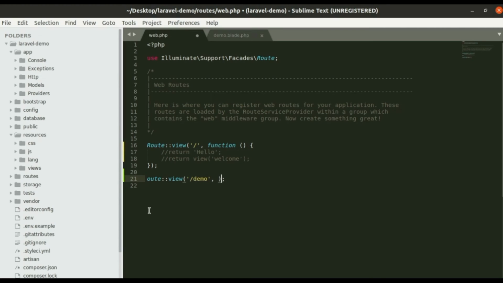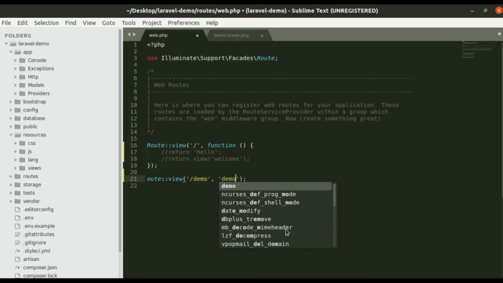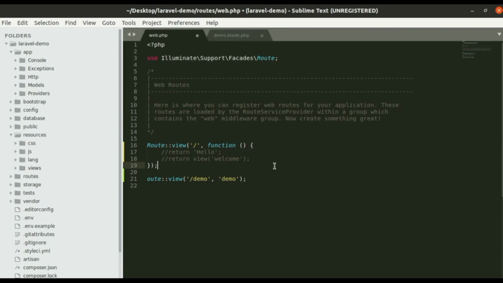After the comma, the second parameter is the view name. In this case it is demo. We don't have to mention blade or PHP, only the file name without the extension.